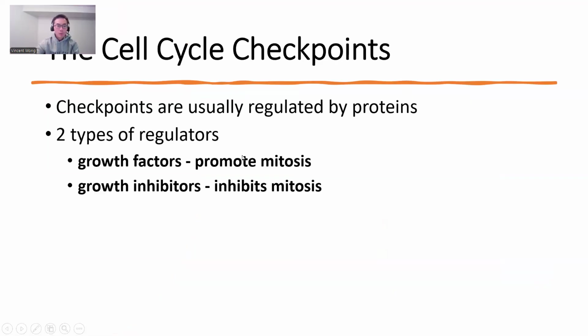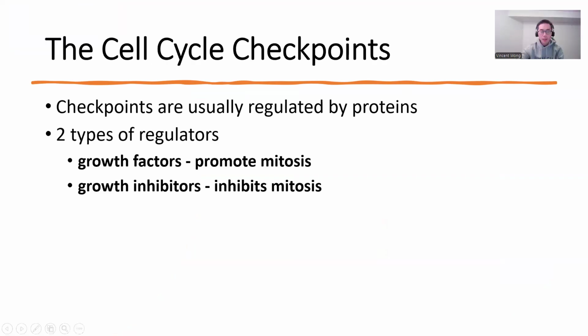Okay. Next, we're going to talk about those checkpoints, right? The G1 and the G2 checkpoints. So what exactly is performing the checkpoints, going through the checklist and making sure everything is okay? Well, actually, these checkpoints are regulated by proteins, okay? And proteins are coded by DNA, right? So if DNA mutates,